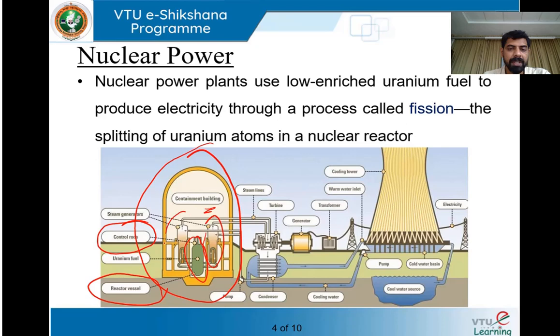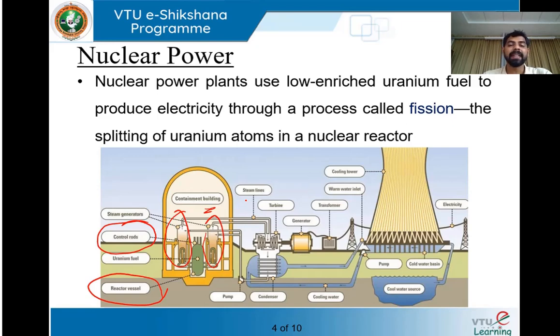You can see there are two steam generators here. These steam generators carry cold water. Normally, before we start the process, these generators are filled with normal water. The heat is transferred from the reactor vessel to the steam generators, so there is no direct contact. You can see that through pipes this heat is transferred, and from the pipe to the steam generator which contains the water, heat is transferred indirectly. So there is no direct mixing of the nuclear fuels and the water we are using.